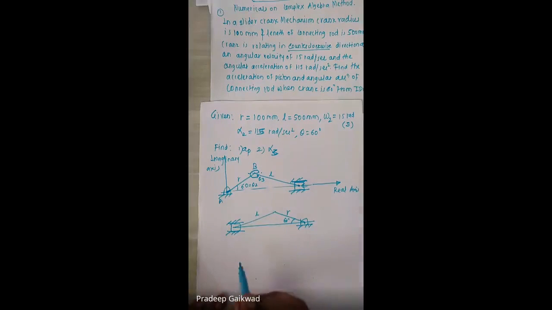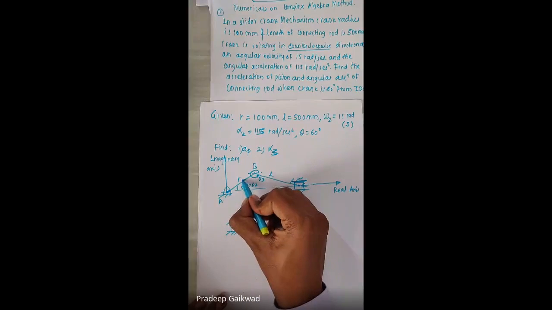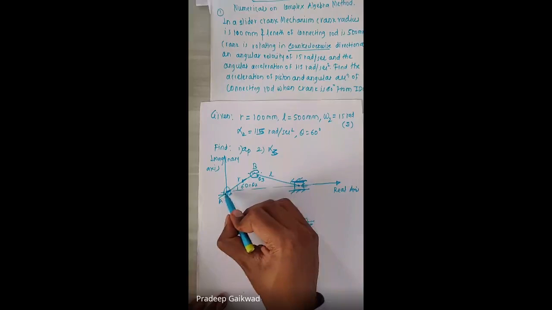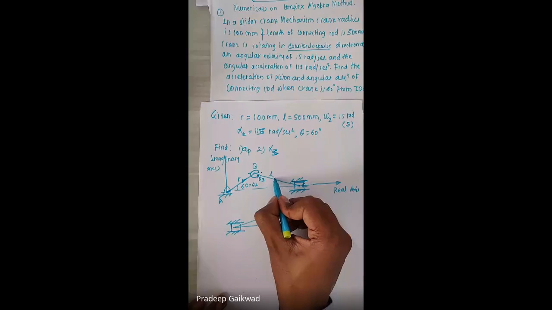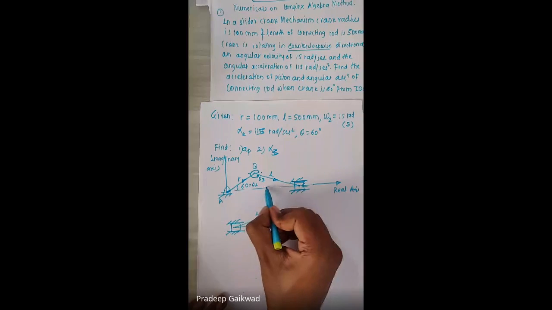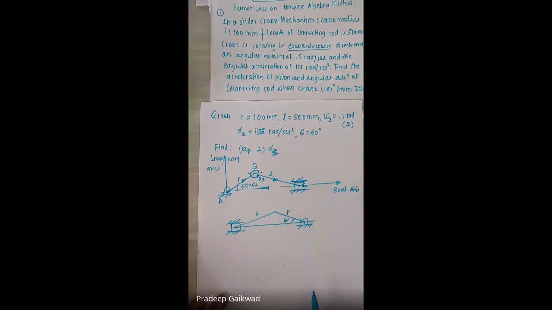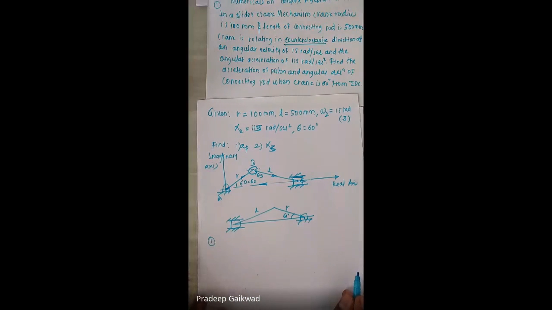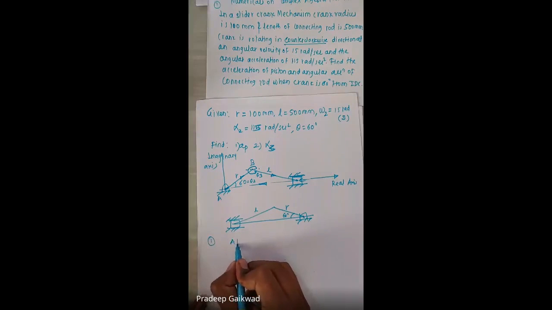So how do I write the loop closure equation here? The first vector is AB. You can see this arrow direction. I'm going in a particular order: AB, then BC, and then CA. So this is the sequence I consider here. The first step in solving a numerical by complex algebra is to write a loop closure equation. So the loop closure equation is vector AB plus vector BC